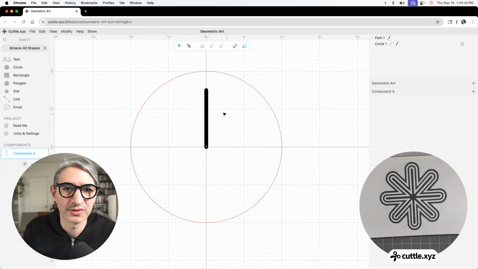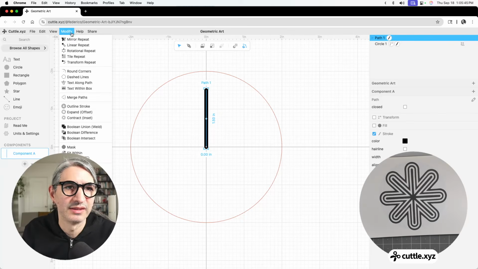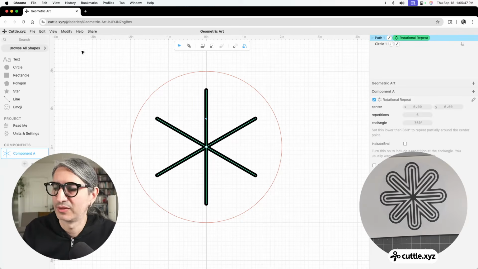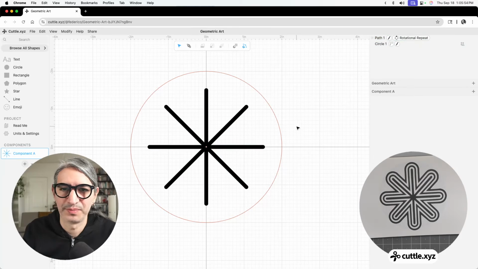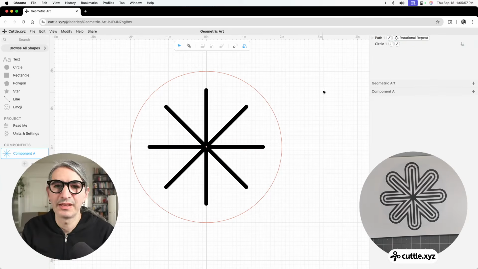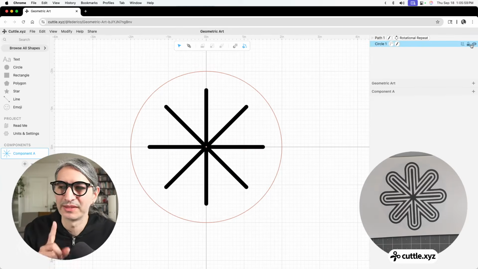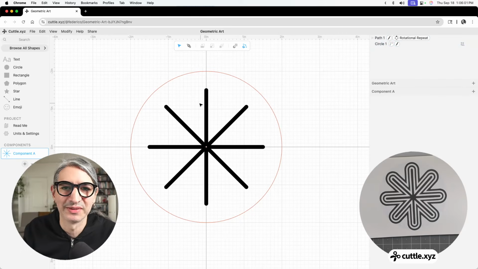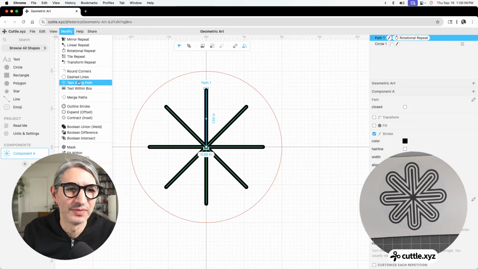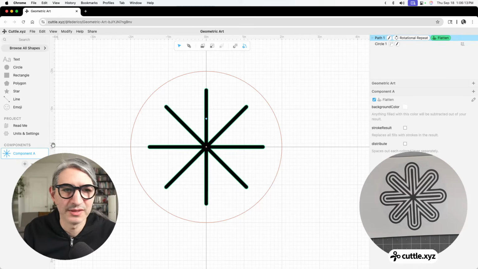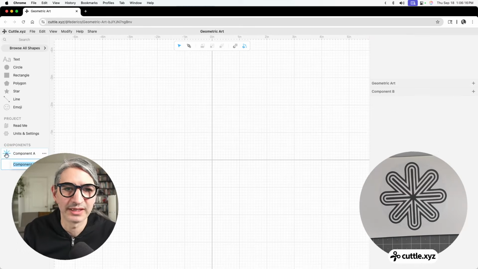So it has 8 arms. That means 8 repetitions. So I'm going to do a rotational repeat. So there we go. We got 8. Let me change it to 8 over here. I feel like this is the one design where I'm gonna use a component. So I'm gonna flatten these so the stroke turns into an outline. So I'm gonna use this flatten modifier. And then for this one, I'm actually going to create a separate component so I can drag my